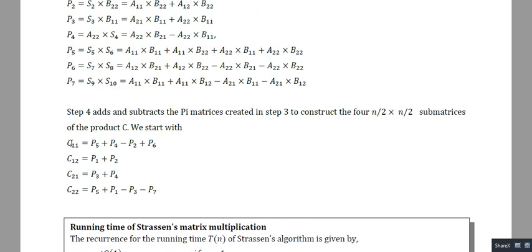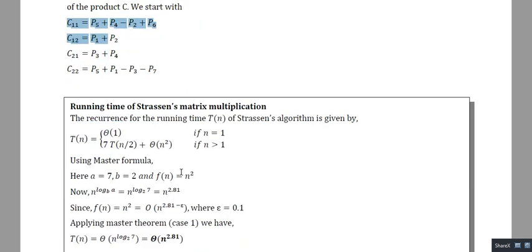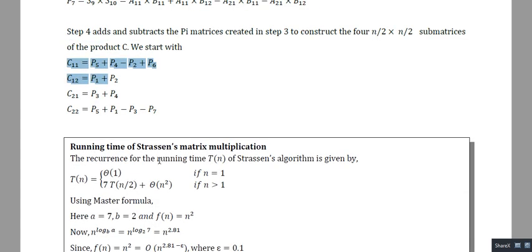Okay. So these are the formulas to find the 4 elements using Strassen's matrix multiplication using P1, P2 up to P7. Right. So now let us see the running time of Strassen's matrix multiplication.